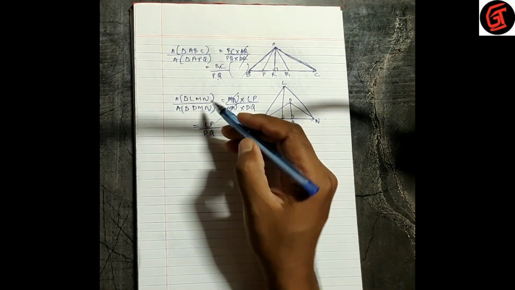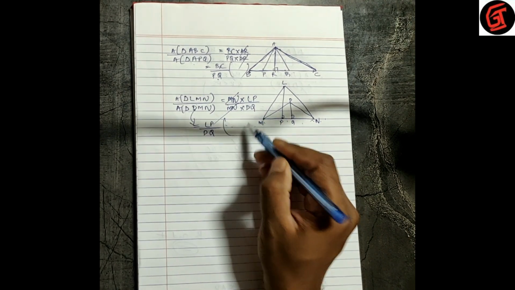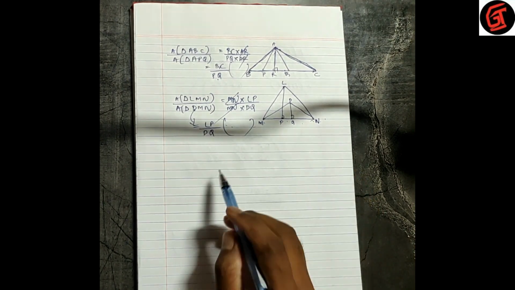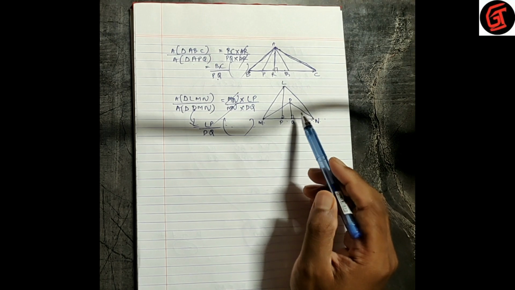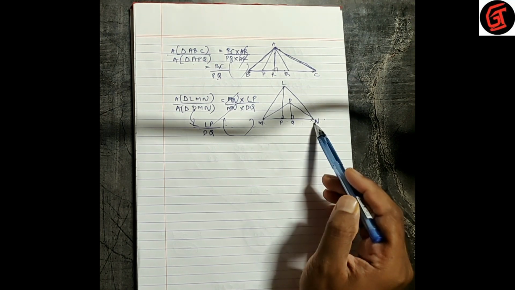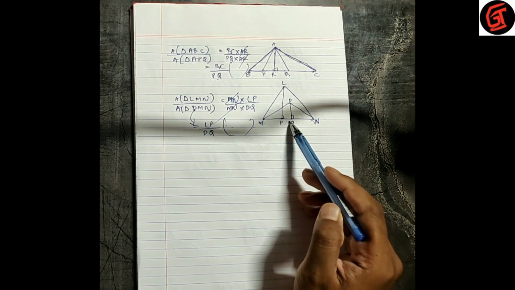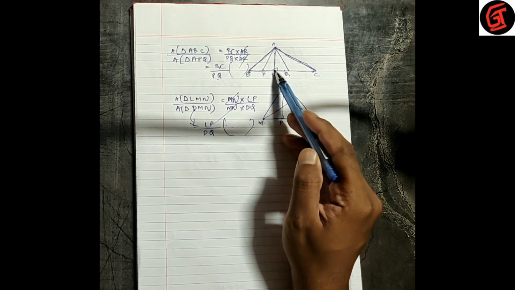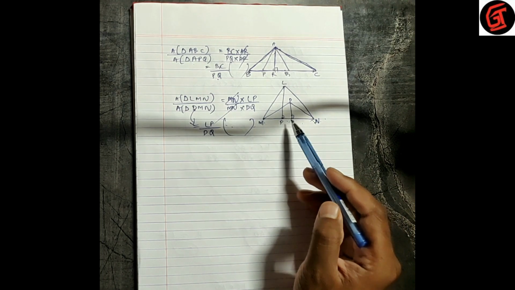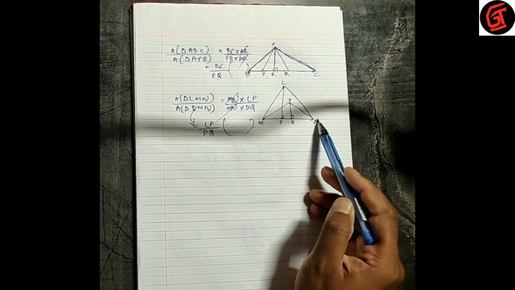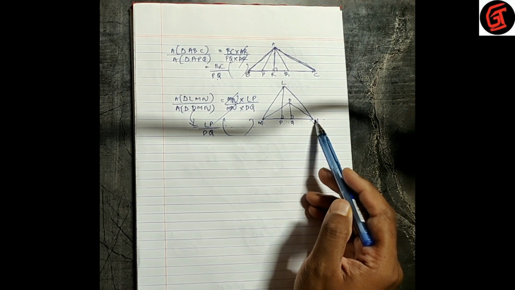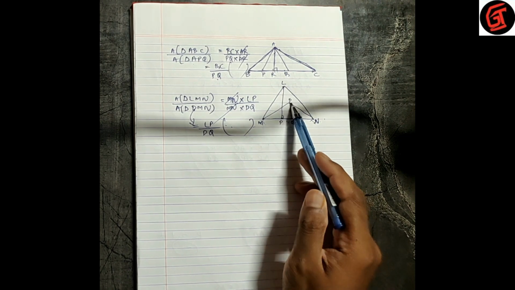So here also we can write from here to here directly and give the reason. Ratio of areas of two triangles with equal base is equal to ratio of their corresponding heights. So in the earlier one it was equal height, so it was base upon base. Here it is equal base, common base, so therefore area is equal to height upon height.